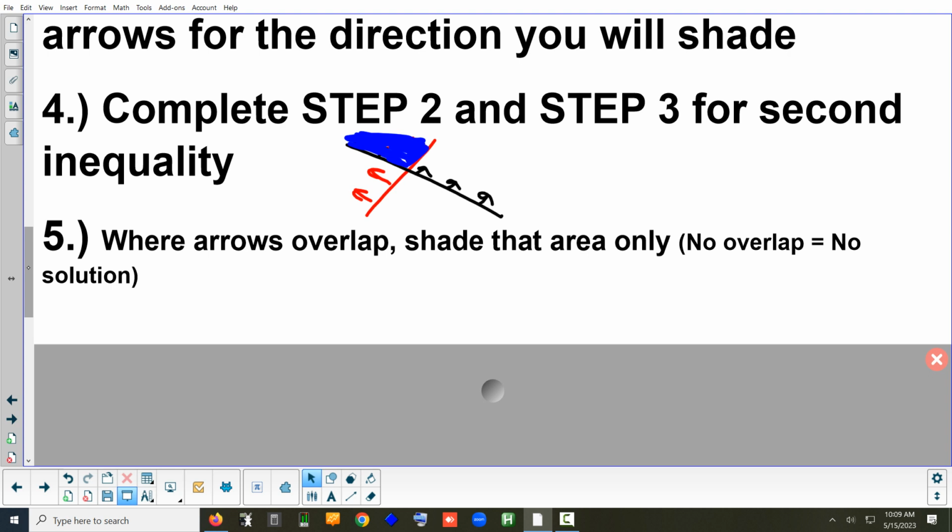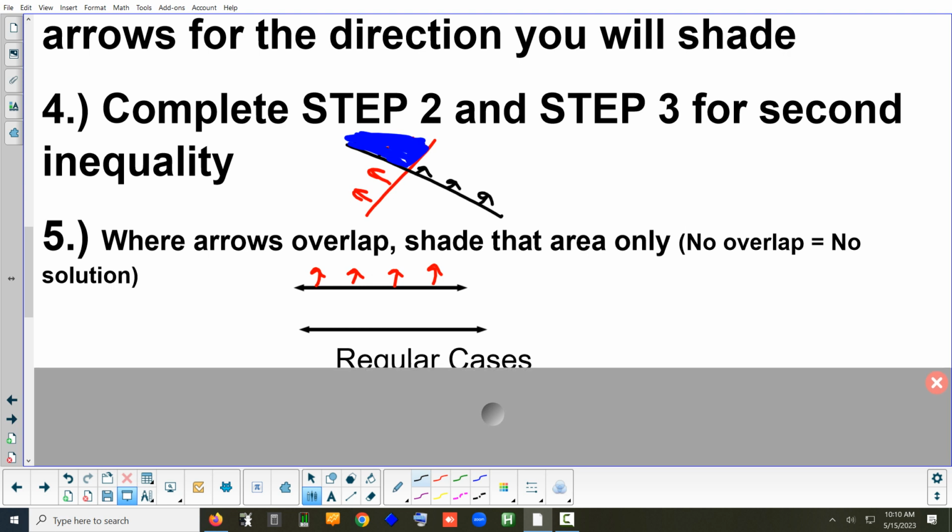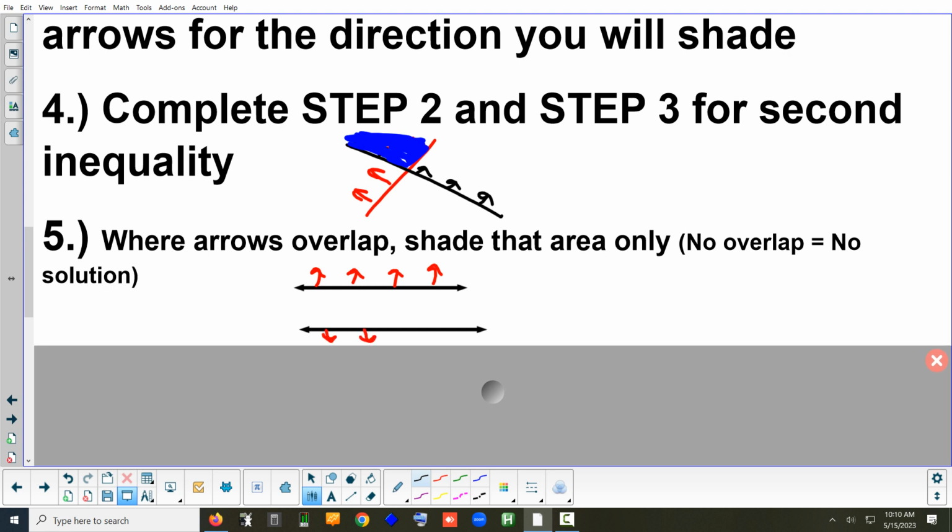Does anybody remember another way I said the lines could look besides being in an X shape? Yeah? They could be parallel. So now, imagine you had a line like this and a line like that. And I said to you, you need to shade above the top one and under the bottom one. Is there an overlap there? No. There's nowhere that I could put a dot that would be above that one and below that one at